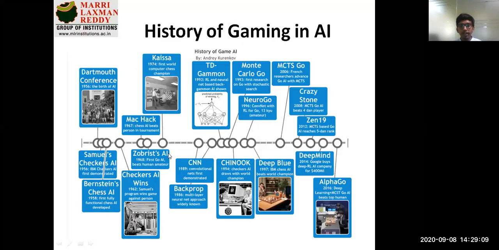So this is a small history of gaming in AI. How the basic gaming concepts already discussed in previous sessions, like the tic-tac-toe problem with respect to the chess game, can be applied. In the initial concepts we discussed about AI, we explained how the chess game was developed and how small puzzle games were developed.